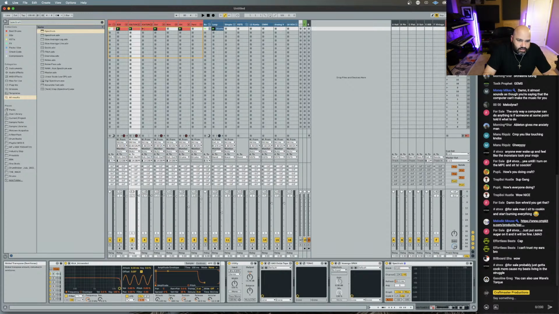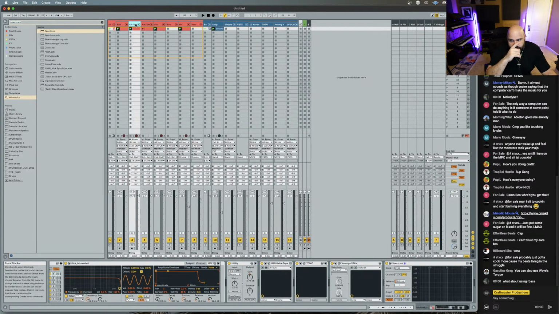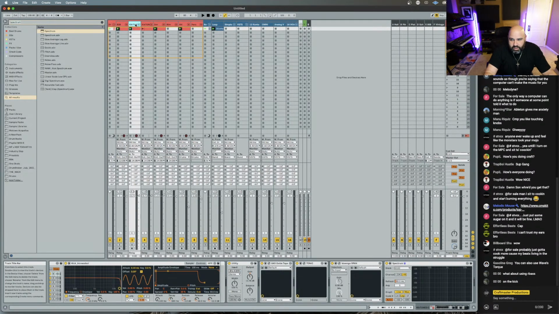I said it, and somebody who's way better than me at this said it also. When it comes to Waves Torque, it works so much better when you use your ear. When you zoom in and try to just pick the key of that frequency, that doesn't always work. What about using R Bass on the kick?